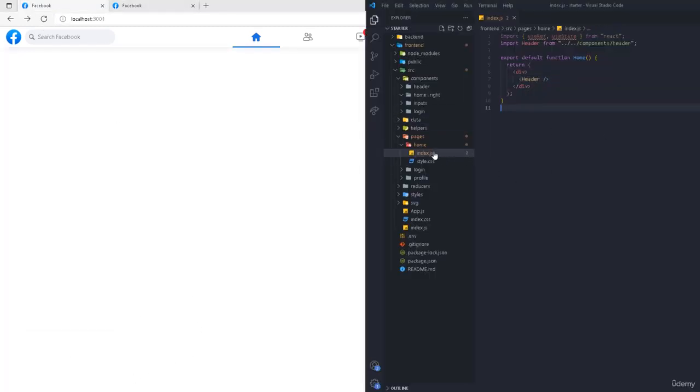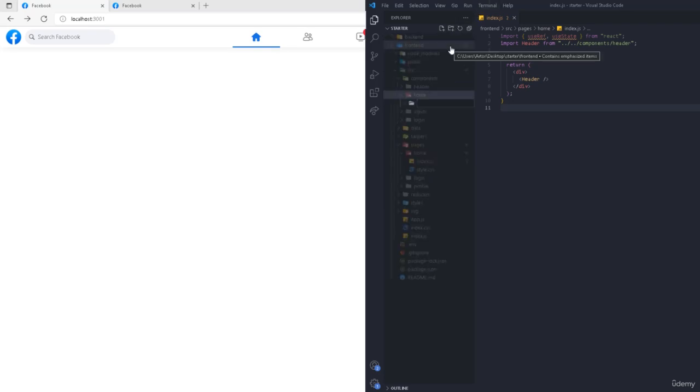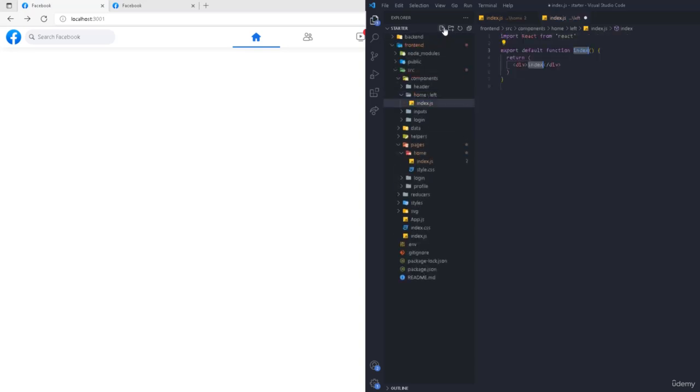As you see, this is the home page. Okay, now we can go to the components, and we have the home right here. We have this folder. Let me remove that. On the home folder, we're going to create a new folder. We're going to call it left. And inside this we can have an index.js and RFC, and this is going to be left